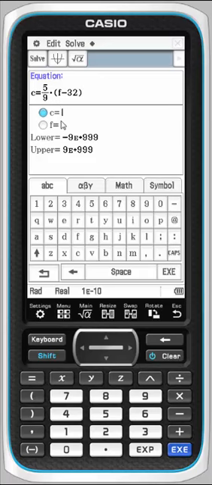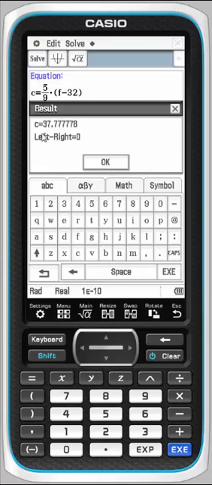And when I finish that up and press execute, the calculator will go through, identify any variables it sees, and now all I need to do is tell it what either of those is, then it can solve for the unknown. For example, what if we have 100 degrees Fahrenheit? I just enter 100, press execute, make sure the radio button next to C is selected and press solve. And it determines that it's approximately 37.8 degrees Celsius is 100 degrees Fahrenheit.